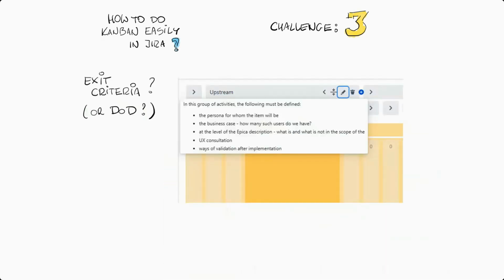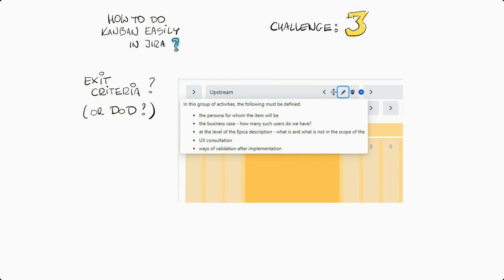What goes next, or when is the job actually done? Exit criteria, or specifically definition of done, is something that is very useful, but it's more useful if it's kept together with the tool, with the board that the team is usually using every day.